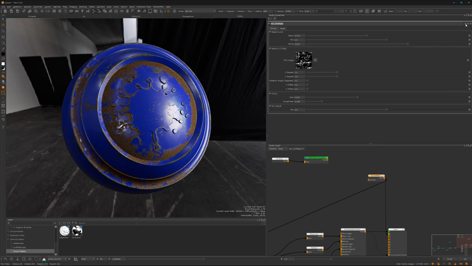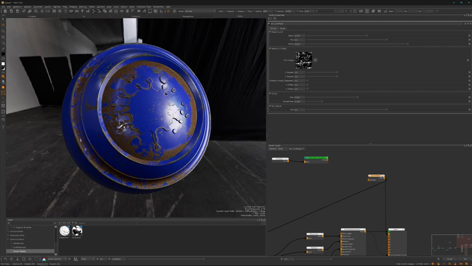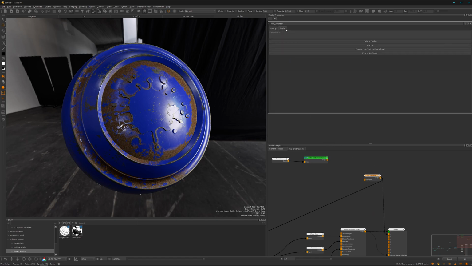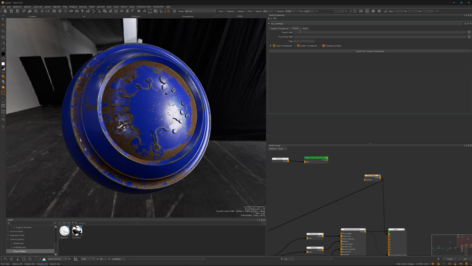So by pressing on the, what is it, the P, right? Yeah, you can move all the stuff up and down and place it a bit nicer, whatever you want. But we want to have it in our shelf, right? So we can double click, go to node, and here convert to custom procedural. Press on that. And now you have it converted into a custom procedural, and now we can go for export,